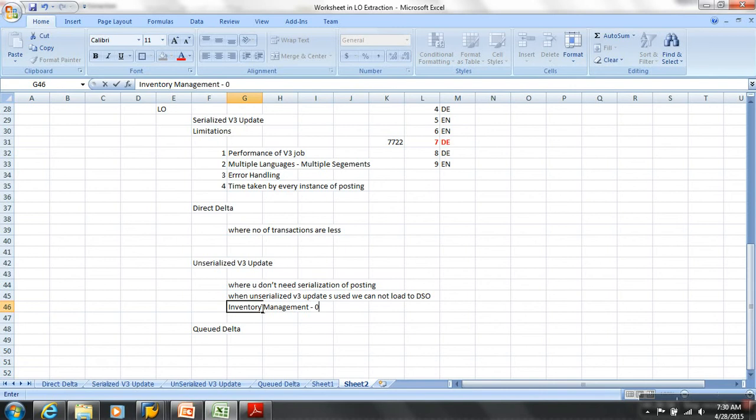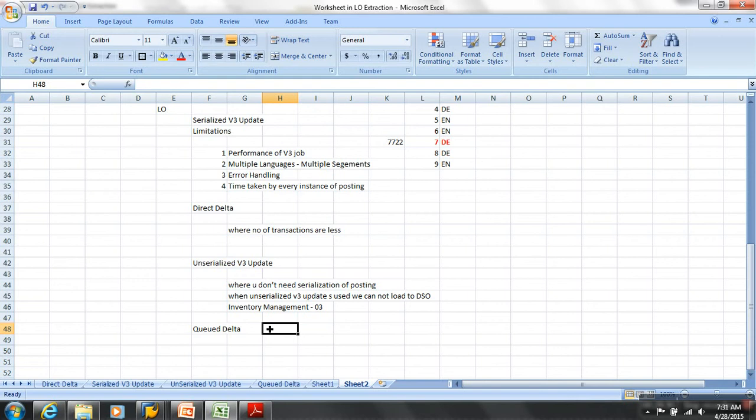So that's generally when you are working with inventory management, with application 03, BFEM, use unserialized where there is no need of serialization, because it's all about metal stock movement. Let's say today I have an inflow of 10, tomorrow there is an outflow of 20. Each movement is a new transaction always. Let's say today I have an inflow of 100. Yesterday I had an inflow of 20. What is my total inflow? 120. Either 20 plus 100 is 120, or 100 plus 20. Anyway you add, it always gives you the same result because you want to add those values.